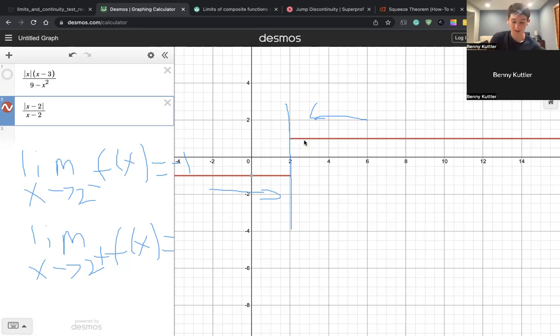So what can we do with this? This tells us that the limit as x approaches 2 of this function does not exist, because the limit from the left is different from the limit at the right. So we can write this formally by saying